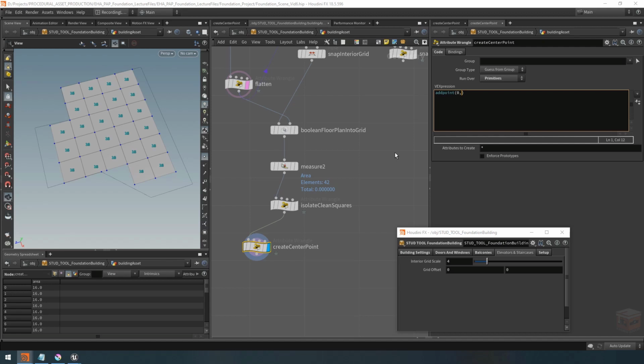And then we need to specify the location that we want to add this point to on this primitive. So in this case, we can write v@P, or the current point position, to sample the point position of every single point on this primitive, and then grab its average location. Okay, so if we do that, and we close this with a semicolon,